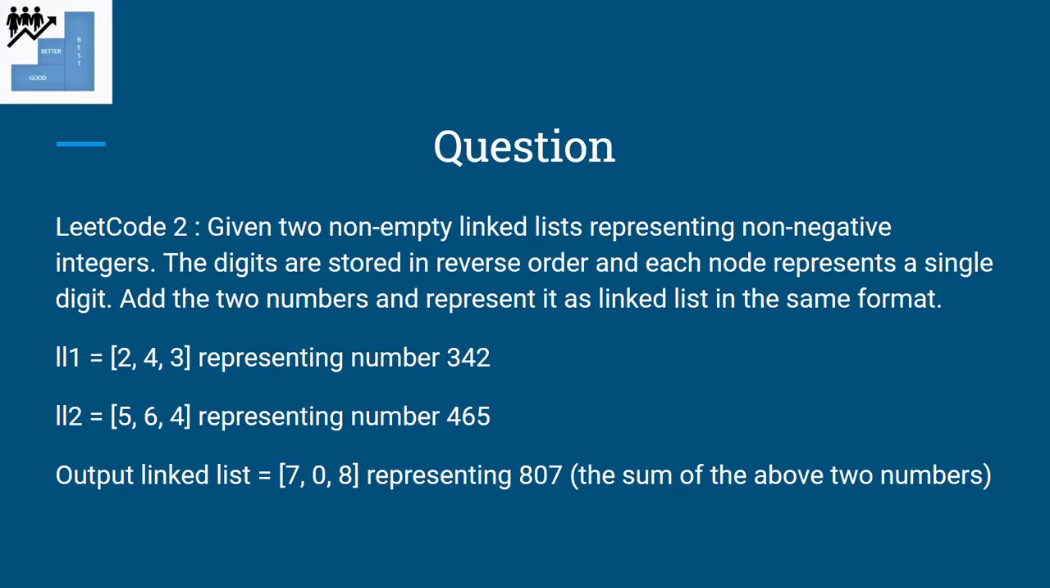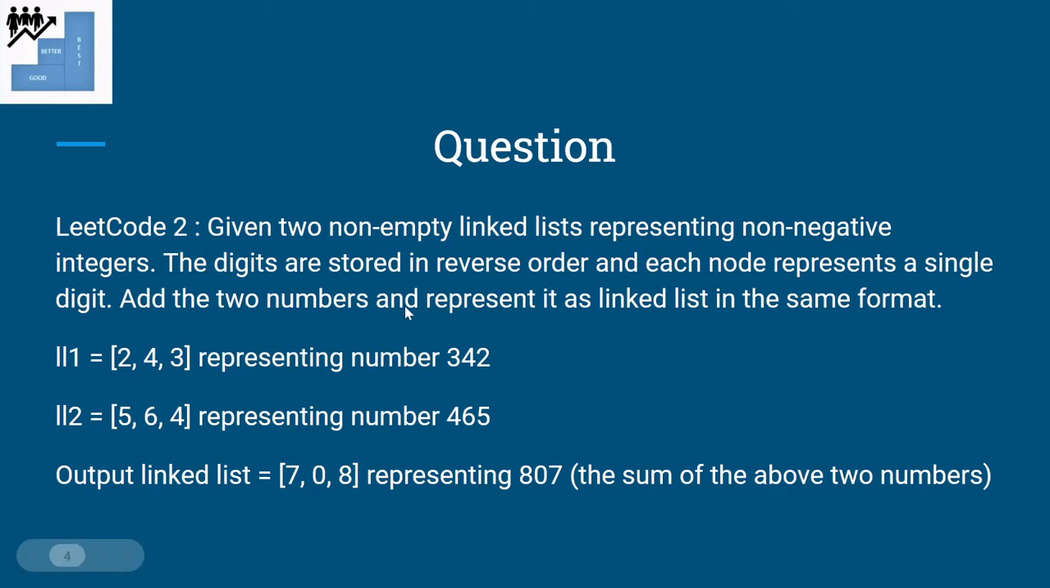You are given two non-empty linked lists representing non-negative integers. The digits are stored in reverse order. For example, 342 is stored as 243. So you are given two linked lists representing two numbers in reverse order, and each node represents one digit of